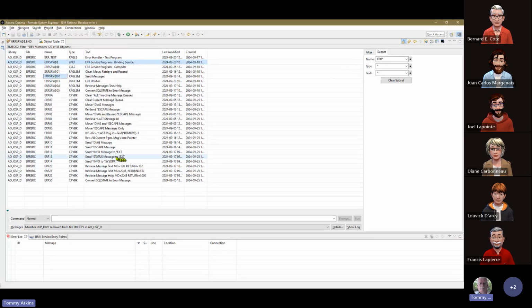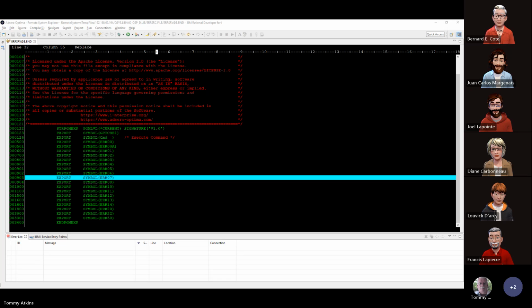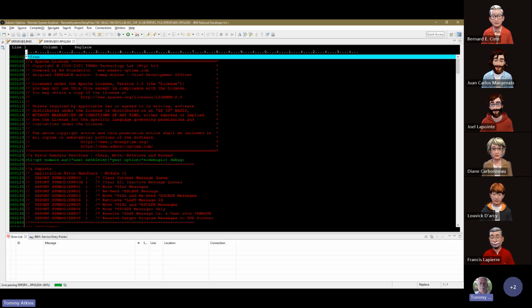Right. These are the modules here. These are the modules of the code. And I'm going to open them one at a time. Let's have a look first at the actual module, the first module, which is dealing with the clear, move, retrieve, and resend. Now,